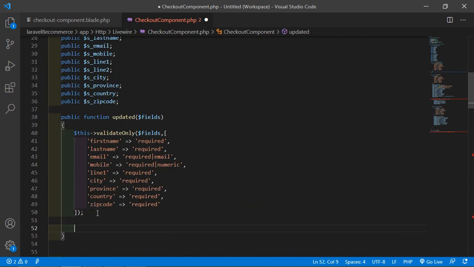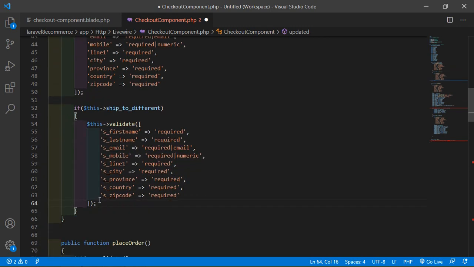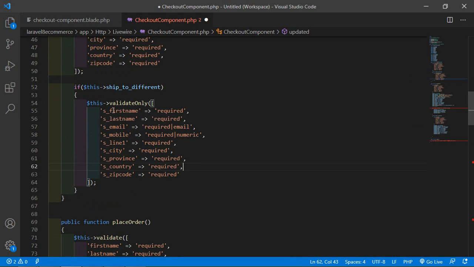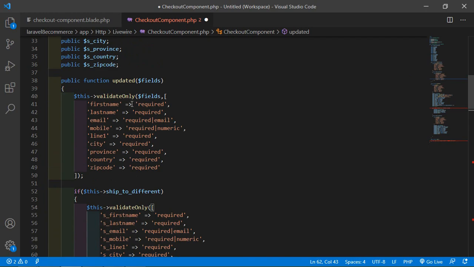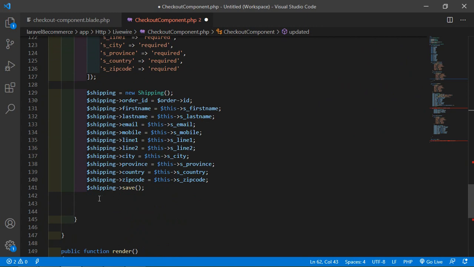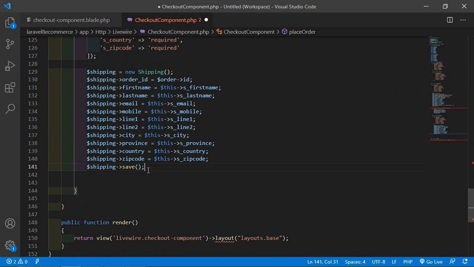After this let's add here a condition. If $this->ship_to_different is true, then okay, and paste here this and change here the method validateOnly. All right, this is for shipping address form and this is for billing address form. Okay, and after this if condition,